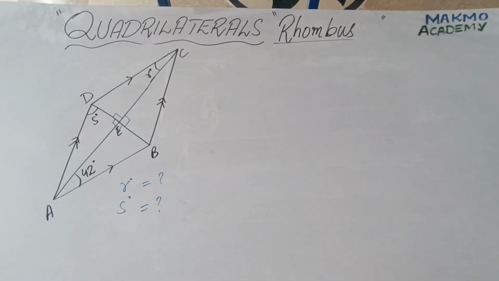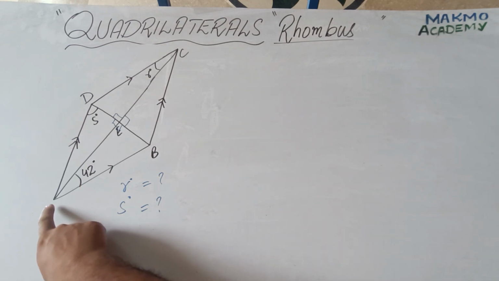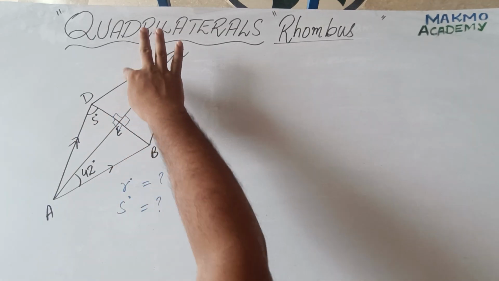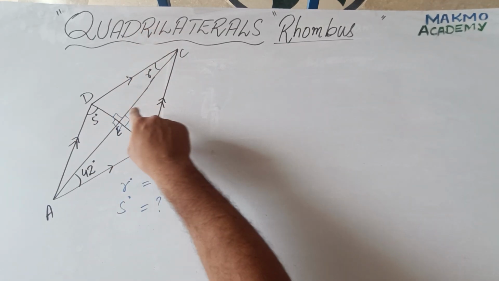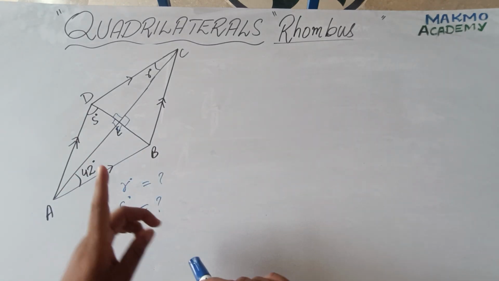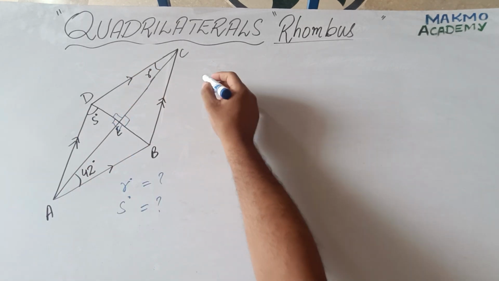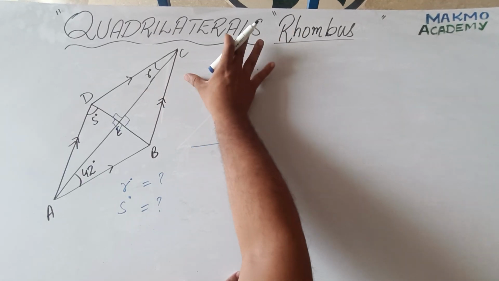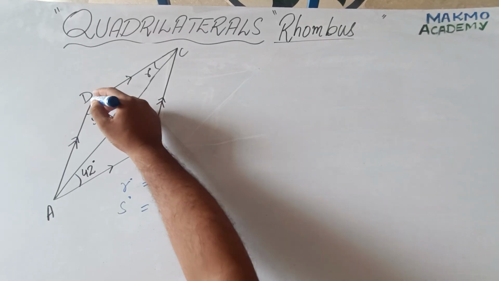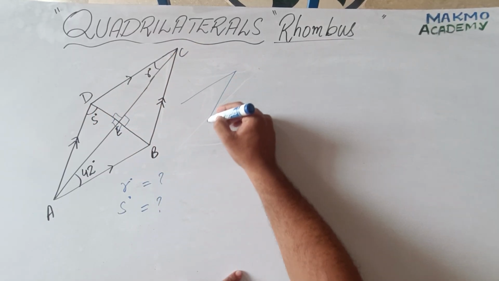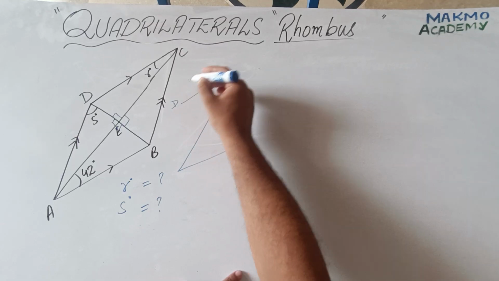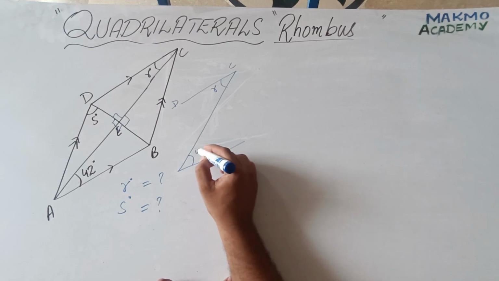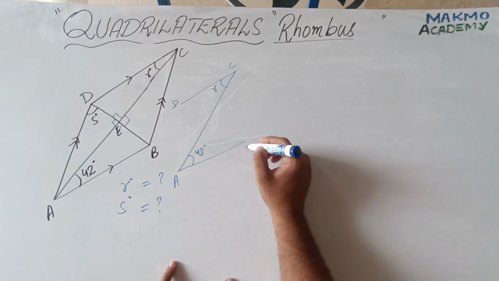Again we need to look at the figure very carefully. The name of the rhombus is ABCD and there is a diagonal, and these two sides are parallel with each other. Let me draw it accurately. I am drawing this BC and AB. Here is your BC side and R angle is lying over here and 42 angle is lying over here. This is your A and this is B.